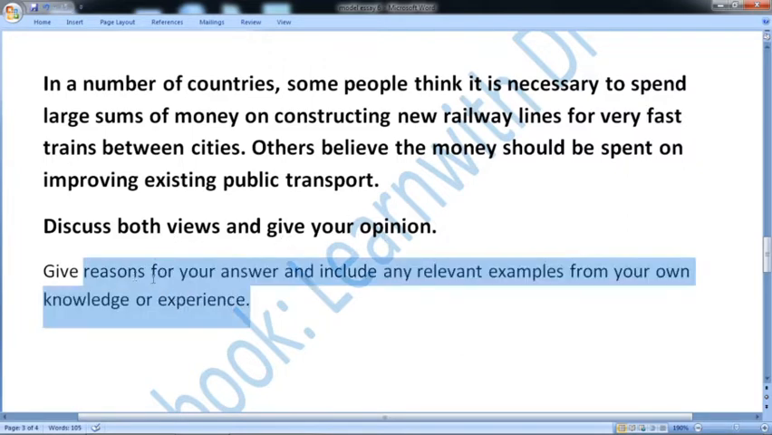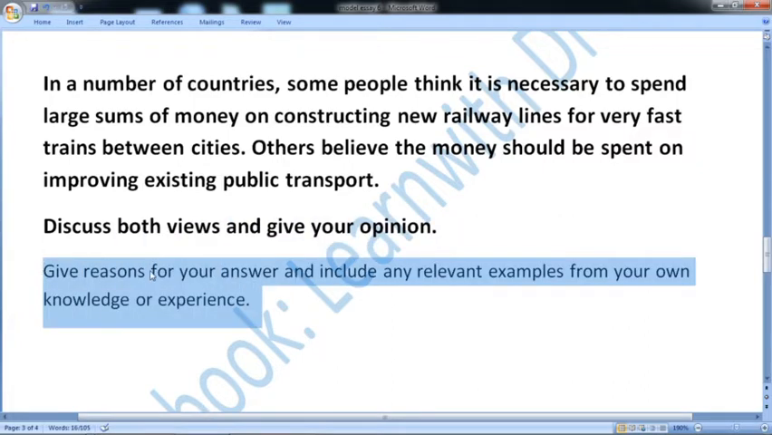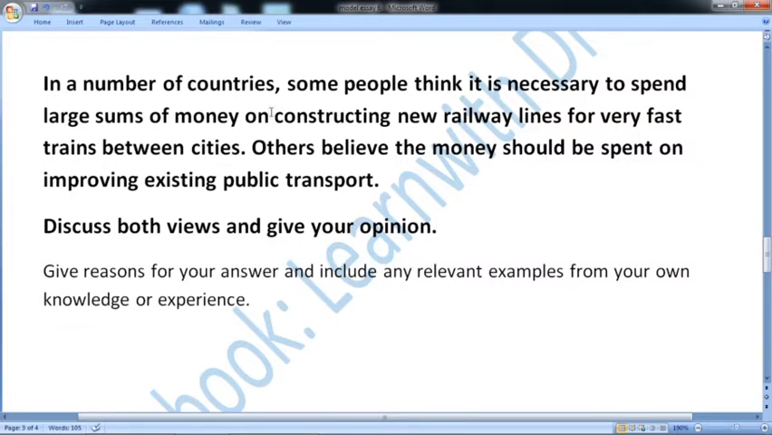And this part is the same, that you have to give reasons and relevant examples from your own experience and knowledge. So you don't need to read it each time in your real exam, because you should already know what is in this part. So the type of essay is discuss both sides and give your opinion, and then we have to underline the keywords. In a number of countries, some people think it is necessary to